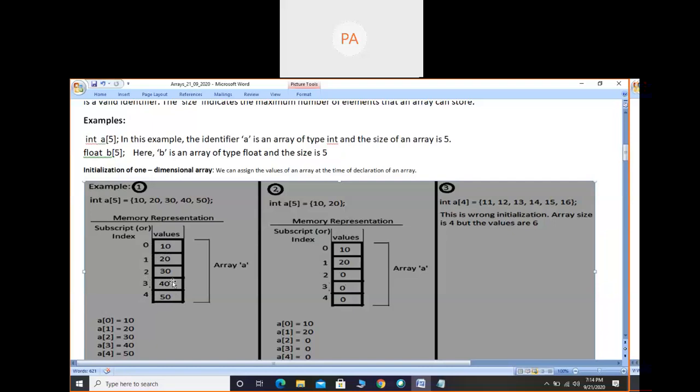But in the real world, we will call it the first element, not the 0th element. So remember this point. In the real world, the first element is indicated by position 0, the second element is indicated by position 1. So if you go to the array, you have to consider minus 1. That's all. From real world to array, you have to consider minus 1. So the third element is indicated by position 2, the fourth element by position 3, the fifth element by position 4.